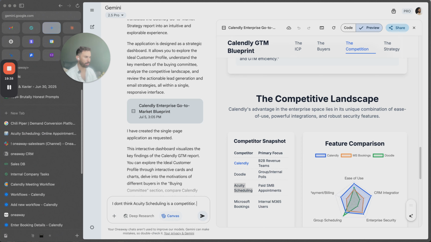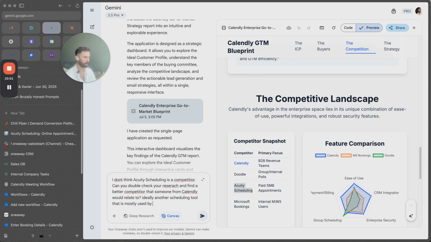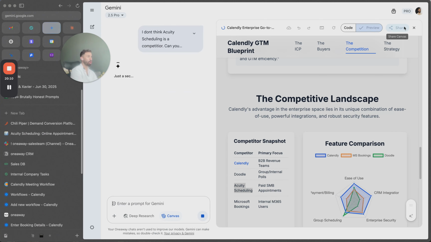Assume that I just saw it and I'm like, this doesn't seem like it's the right fit. I'm going to ask it, can you double check your research and find a better competitor that someone from Calendly would relate to? Ideally, another scheduling tool that is mostly used by people working at a B2B company. You can post this